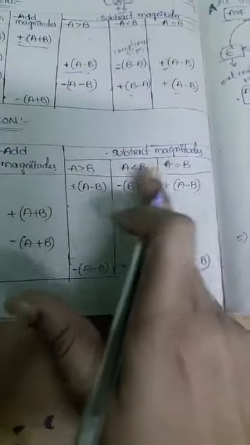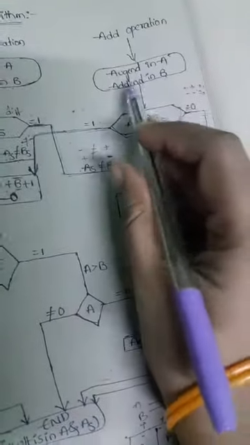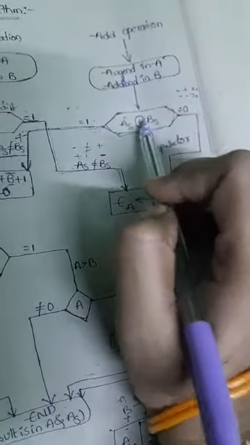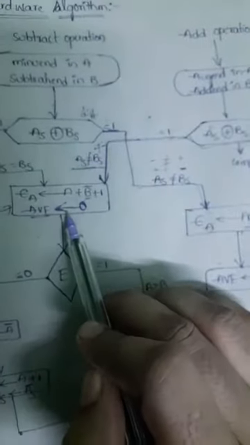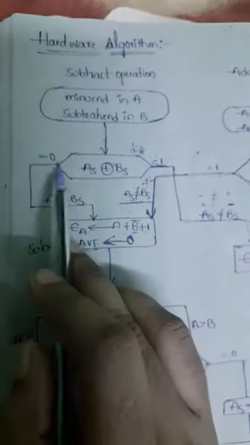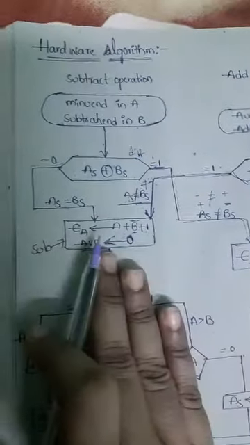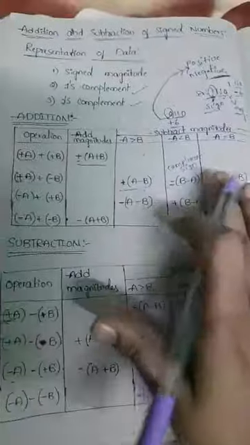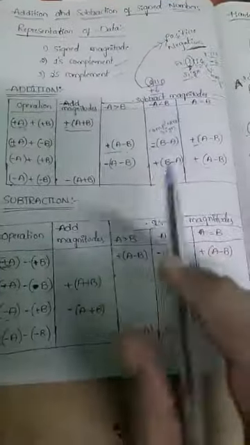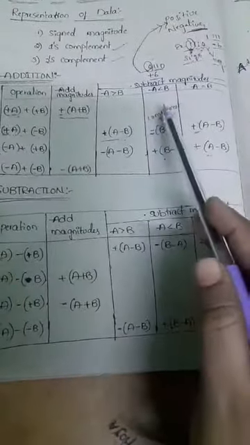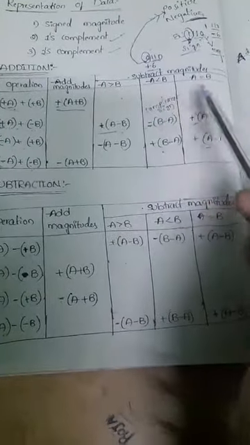While doing the subtraction method, we have three cases: A greater than B, A less than B, and A equal to B, right? For the addition operation also, whatever operation we are doing, if the result is 1 we get the subtraction operation, and if the result is 0, again the subtraction operation. But in both subtraction operations, that means when the numbers have different signs, in addition we are subtracting magnitudes, but there we have raised three cases.